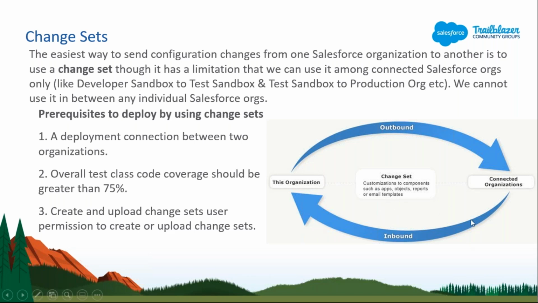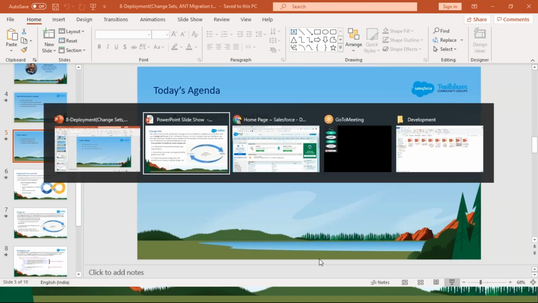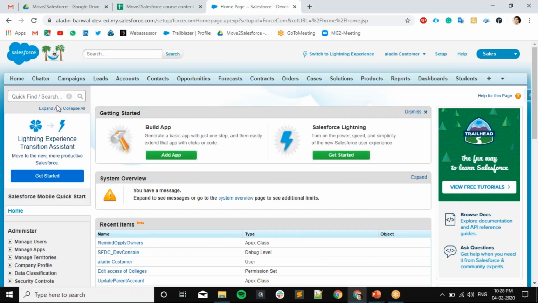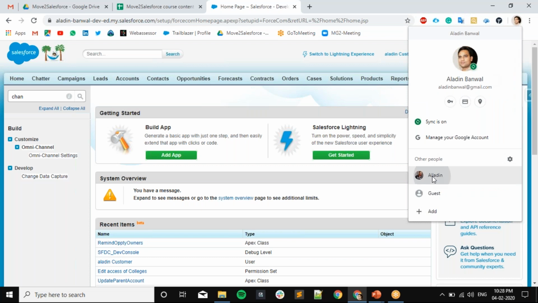So let's see if I have any change set. I don't think I have a change set over here. Yeah, I will not have any option for now because this is not in the loop. I have not connected with any. So this is my developer org and it's a free one, so I don't have any production and all.